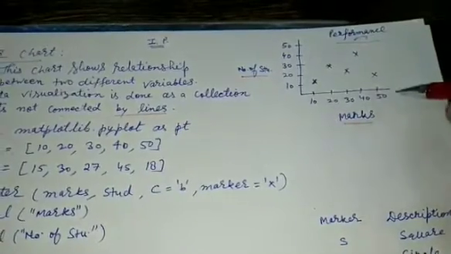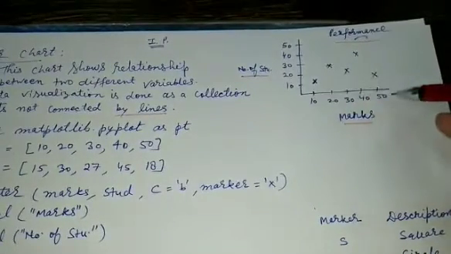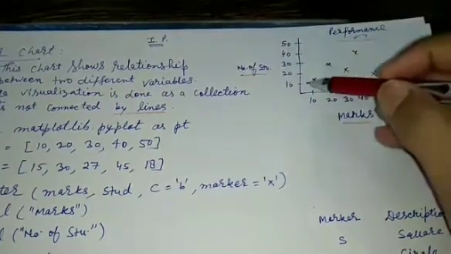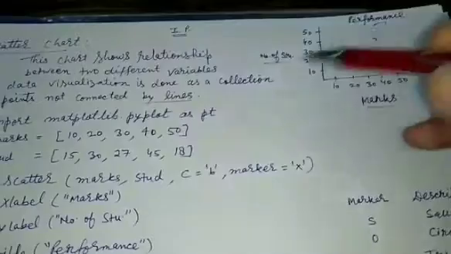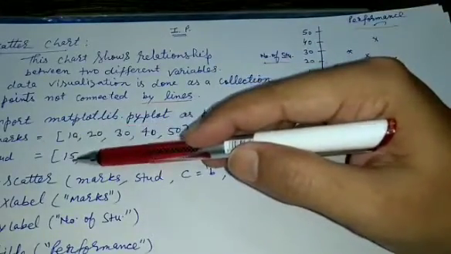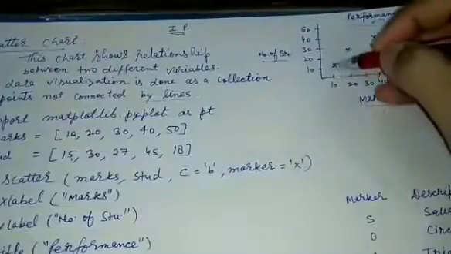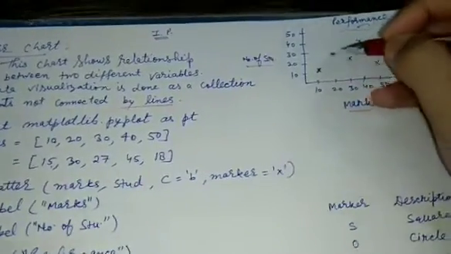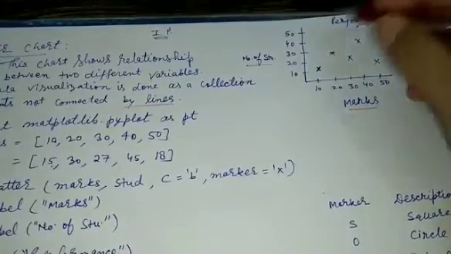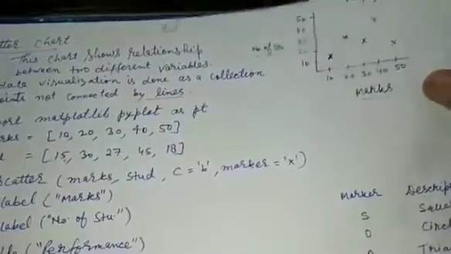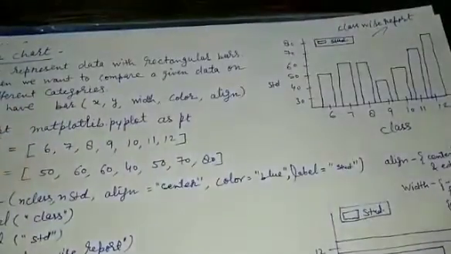So this is a scatter chart having marks on the x-axis, number of students on the y-axis. You can see that when x-axis is 10, y-axis is 15. So 10 and 15, this is the data point, and similarly other data points. This is the scatter chart. I think you understand it very well. So let's move to the second type of chart,